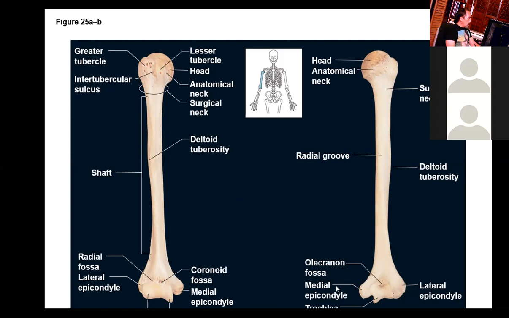I would have the tubercles on the anterior view, the greater tubercle and the lesser tubercle. Remember, the femur has a greater trochanter and lesser trochanter, but those are on the posterior view. And I've got the head